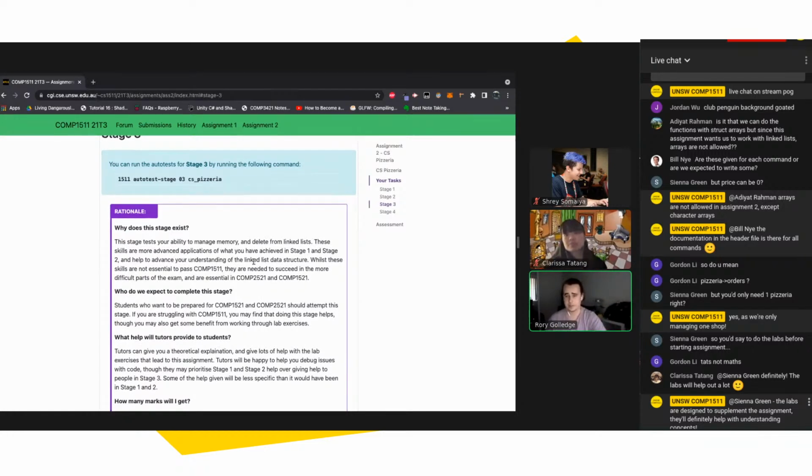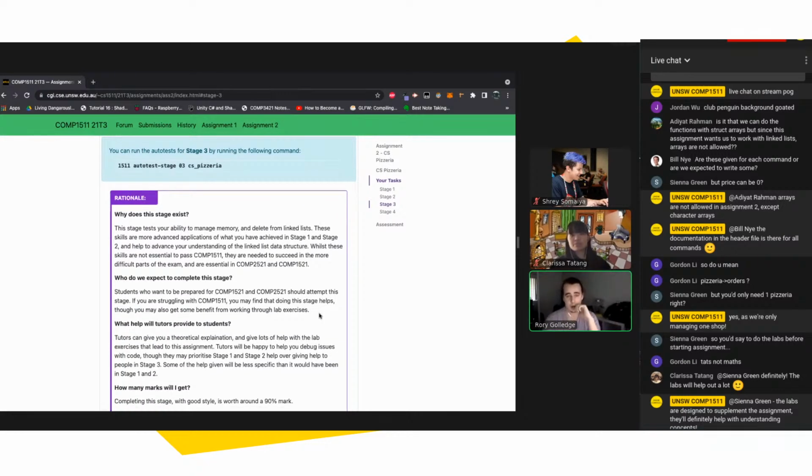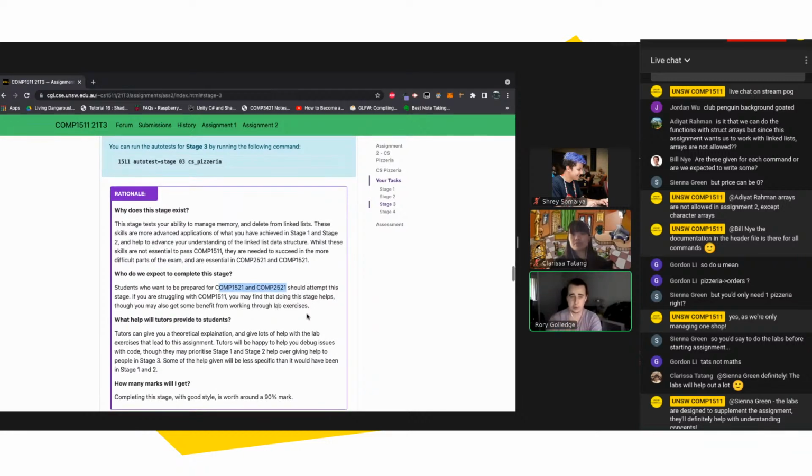So these skills aren't essential for passing the course, but they are quite good in helping you guys out with understanding a lot of the things to do with C and managing your own memory, which is a really important thing. But also linked lists themselves, if you don't understand the basics of them, it's more important to just focus on the earlier stages rather than trying to do all these advanced things. So we kind of expect students who are going to take further comp courses such as COMP1511 and 2521 to try to attempt this stage. But once again, if you're struggling, then don't worry if you can't do the stage, that's perfectly